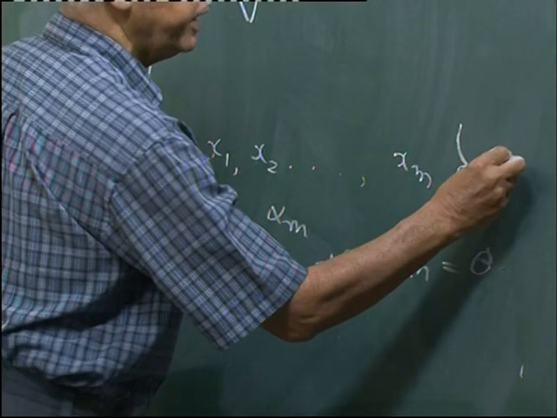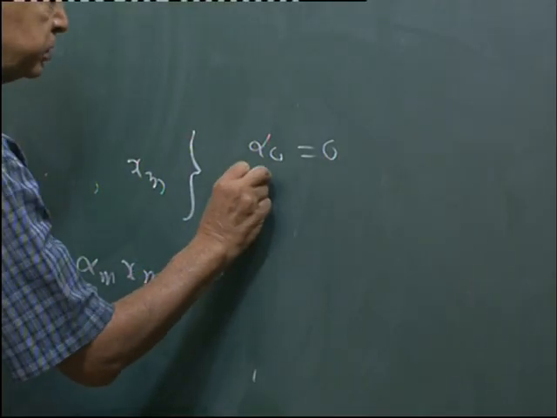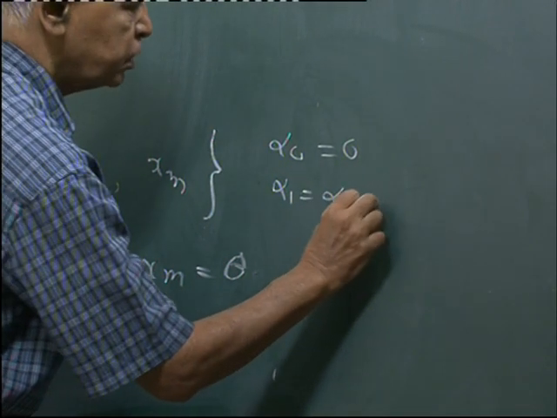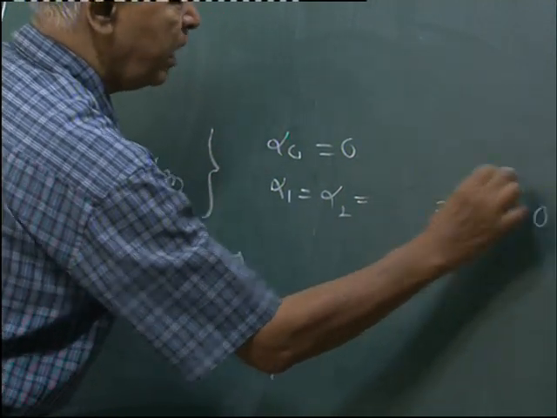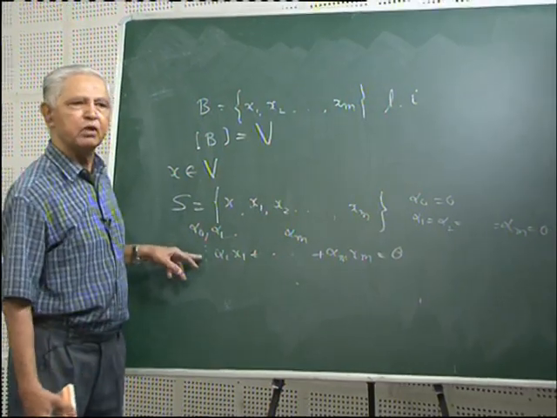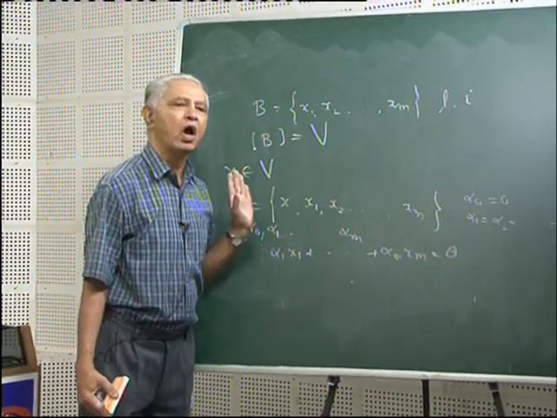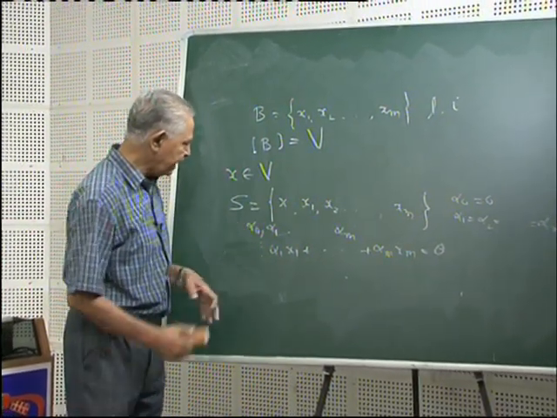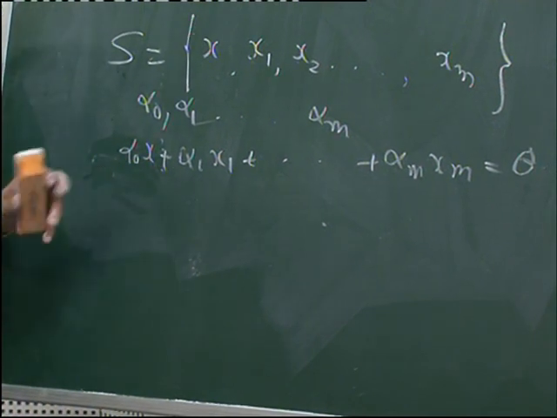That means if we assume that alpha 0 equal to 0, then alpha 1, alpha 2, up to alpha m all of them are 0, a contradiction to the fact that alpha 0, alpha 1, ..., alpha m are not all zeros,